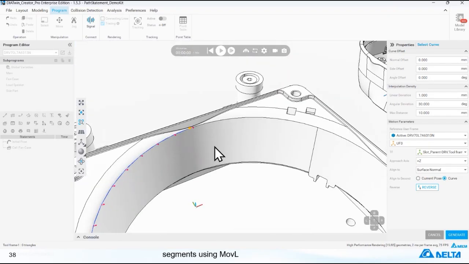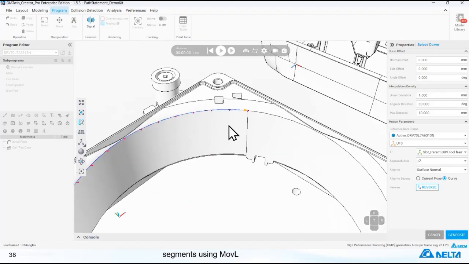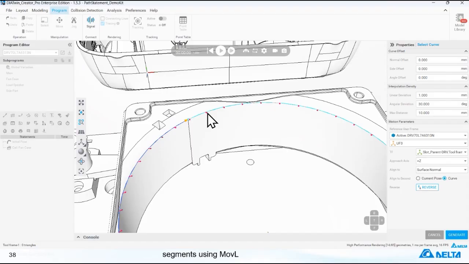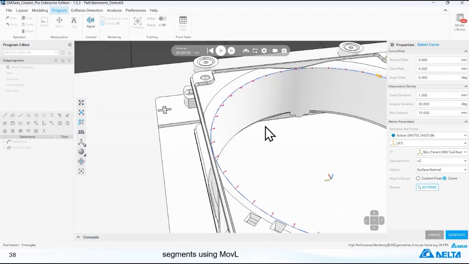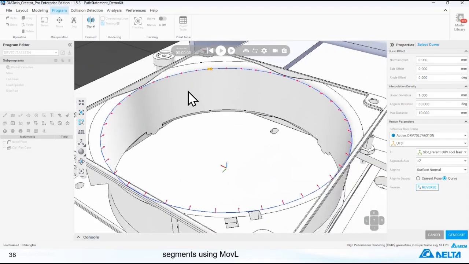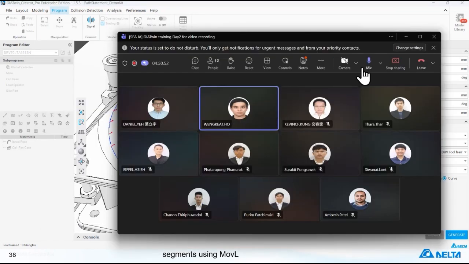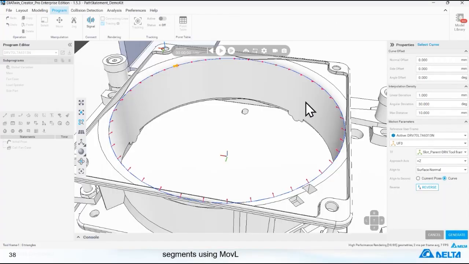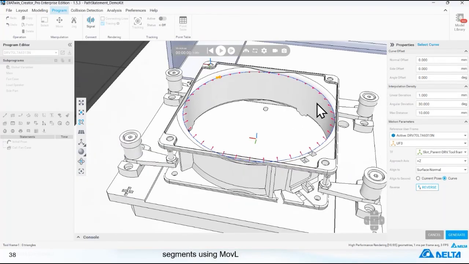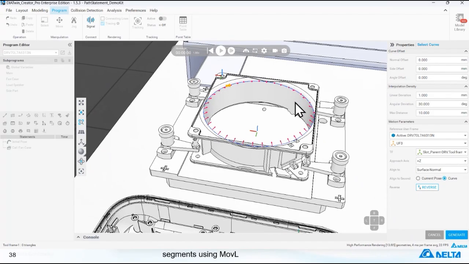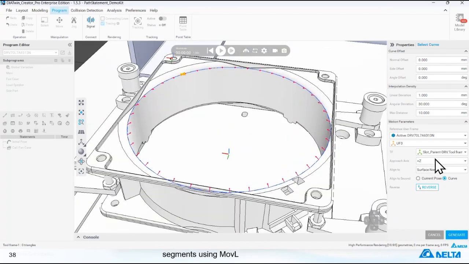So the normal vector will be affected by the surface we go through, and later on we can just multiple select. Okay, we can select multiple curves like this, and that is the first step of how to create a